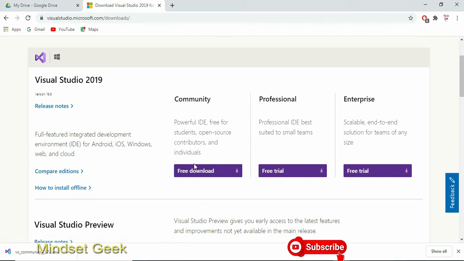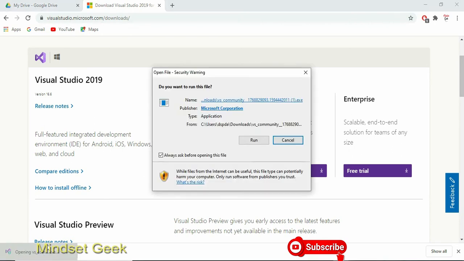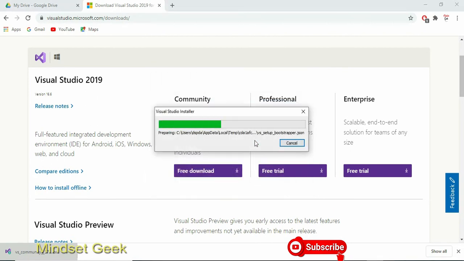But this time, I'm going to install Community Edition. Click the download button. For me, it's downloaded. Right? Double click on this, or click here, then run.